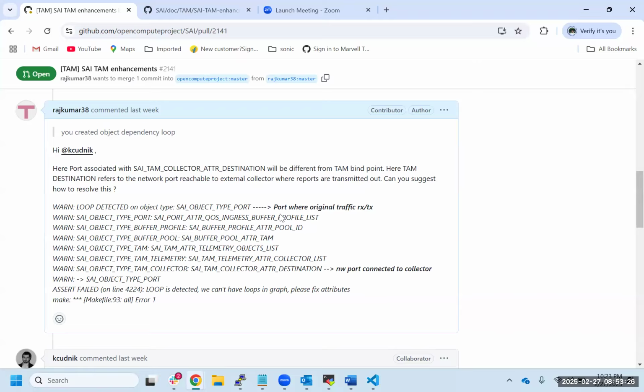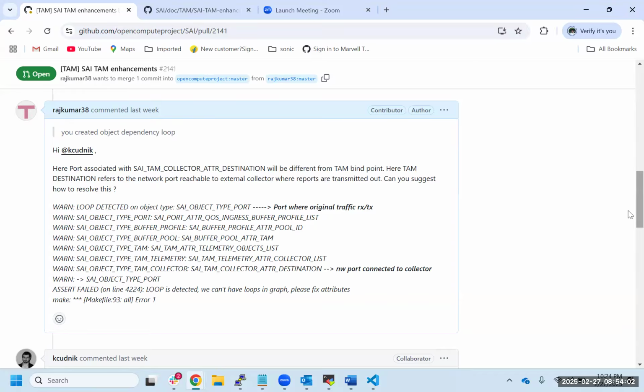Yeah, this is understood, Kamal. But here the use case is a bit different, right? The traffic is ingressing on, say, port A, but my destination can be connected to port Z here. Yeah, I get that, and I explained to you that at this point we don't care whether the port is the same or not. We check here whether you are able to create a recursive dependency, and this is why you're getting this error here. Okay. So is there any way you can get around this?